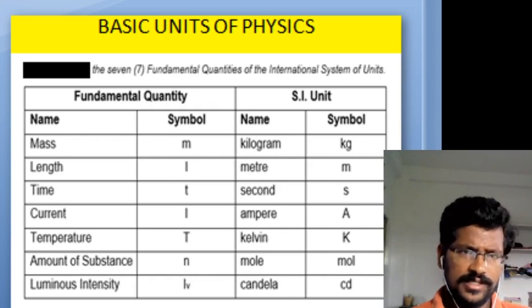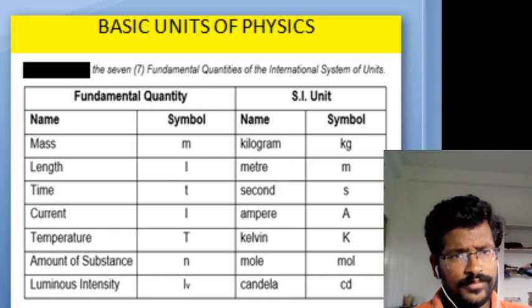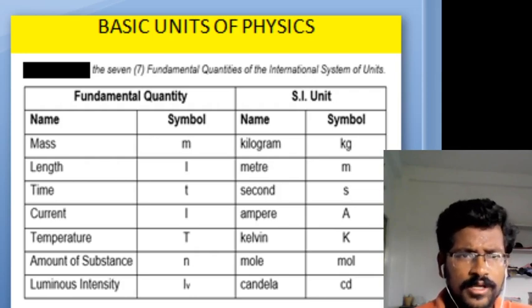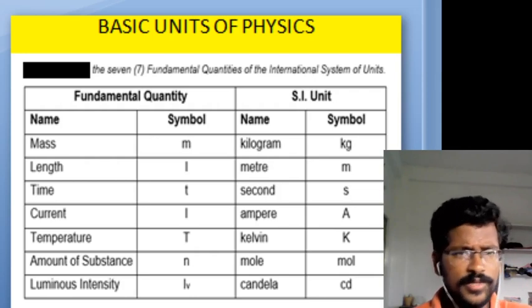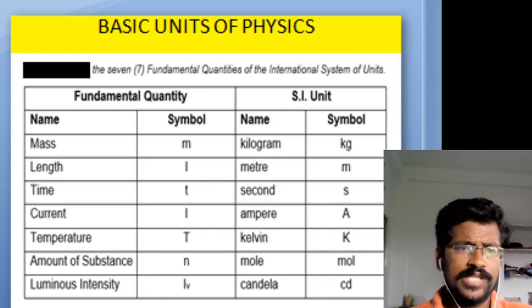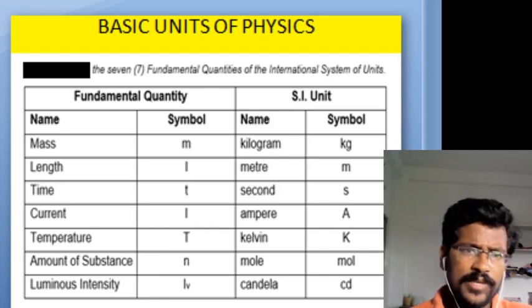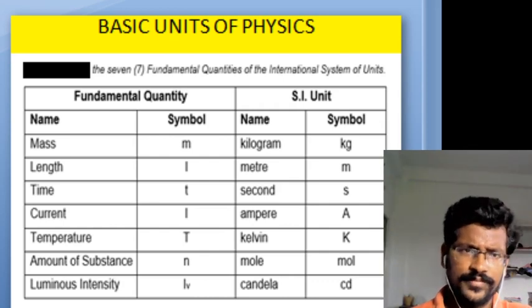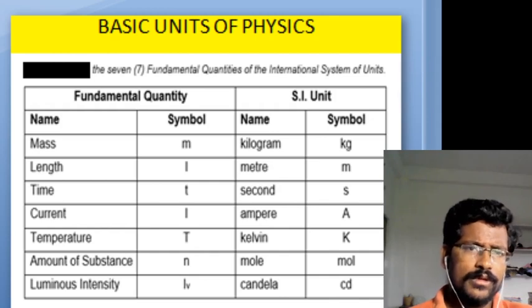Now we are going to the market. You bring some vegetables, some items. How to ask? Please give me 10 tomatoes. Please give me 10 potatoes. Not like this. We ask the seller, please give me half kg potato, 1 kg potato, 3 kg potato, 100 grams seeds, something like that. Because it is the first fundamental physical quantity. Now we are going to the length.